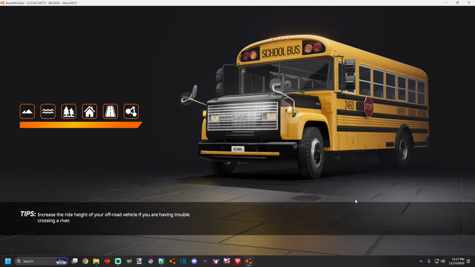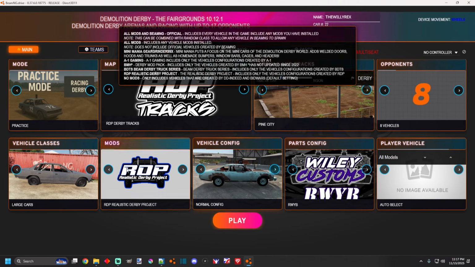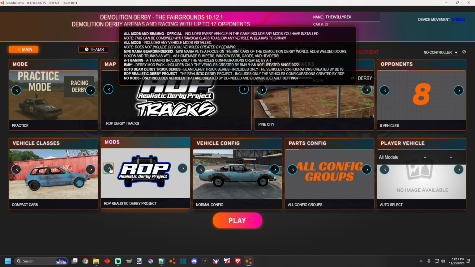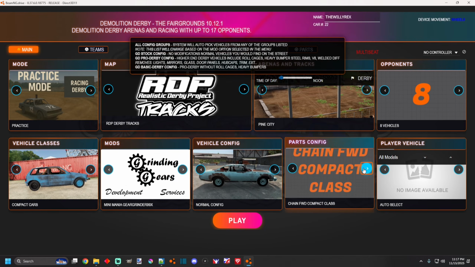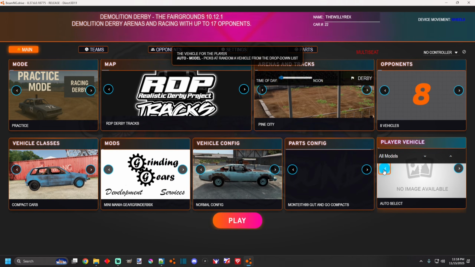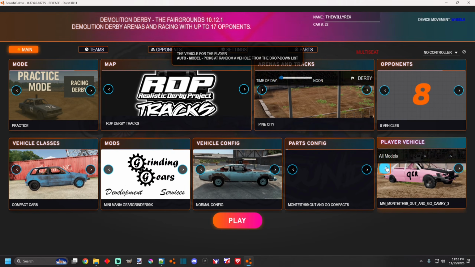Those two small things, just change the MM instead of RDP, and then we are going to go into, for Mini Mania compact cars, change this to Mini Mania, and Mini Mania gut and go compacts. I didn't name it right probably, but as you can see,